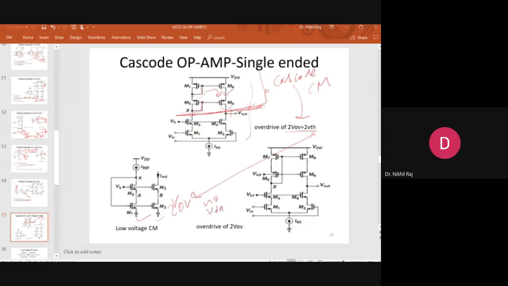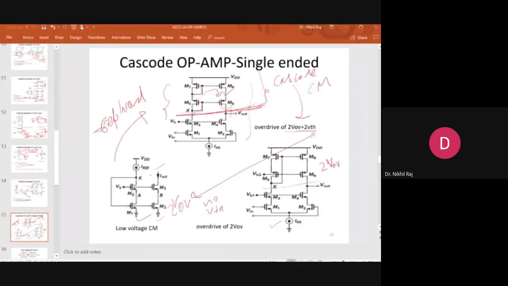Since I know that this type of current mirror is better suited for op amp design, I will replicate this part in this section. So this one is replaced here. Replacing it here, I will get this architecture. Here M7 and M5 are in the same configuration. So this section is being modified, and here I will get 2 VOV overdrive voltage maximum. This way I am improving the upper swing of the op amp.